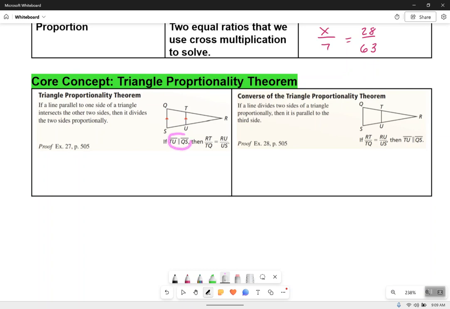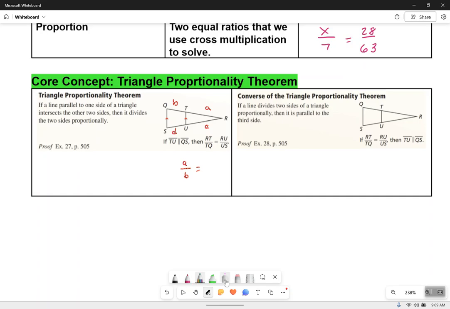TU and QS are what? They're parallel, aren't they? Okay. Then it says right here the ratio of RT. Basically it says right here, if I called this a distance A and a distance B, RT over TQ. So the way I've labeled it, that's distance A over B. And if I label this C and D, C represents RU and D represents SU, that's got to equal